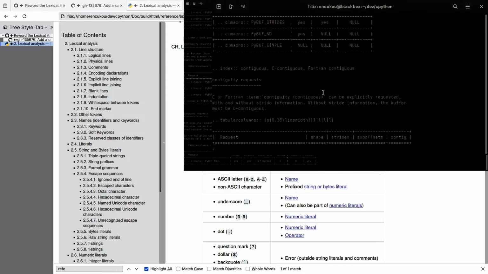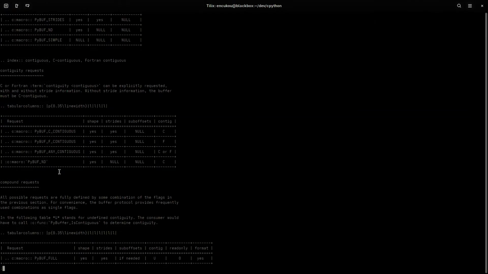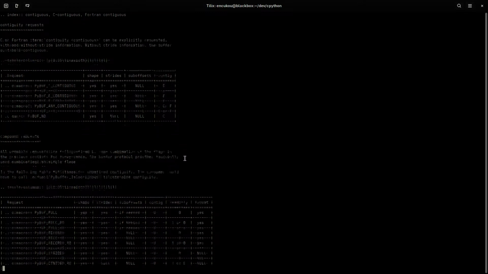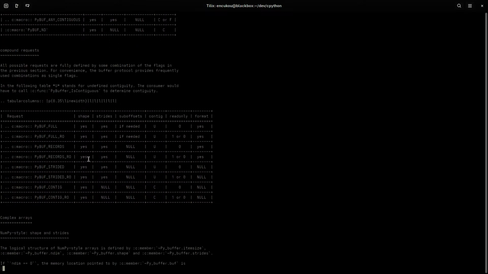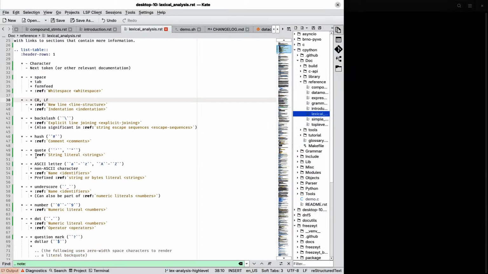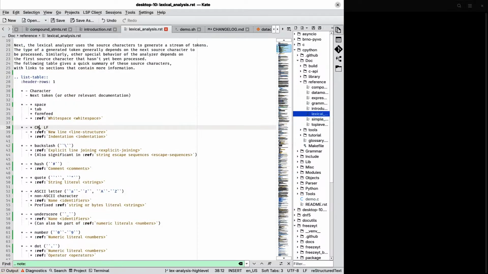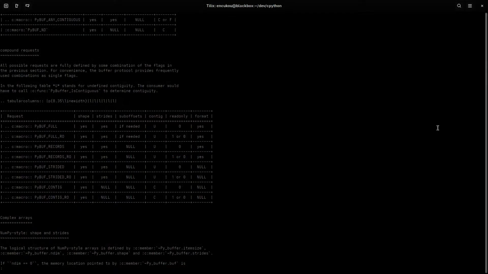But in general, reStructuredText tables look like this, which means if you add something that's longer than anything that was in the column, the table needs to grow and you need to reformat the whole thing. And then the table grows to be very wide and it doesn't fit on the screen. Whereas if you make a list table, everything is its own line. You can put anything in the cells and it doesn't affect the rest, which is pretty neat.